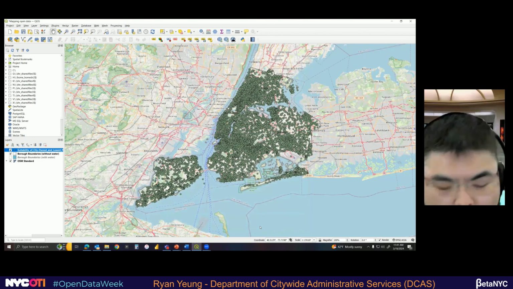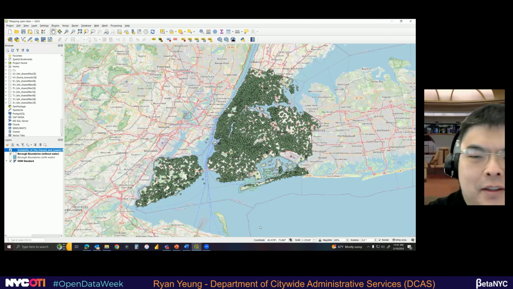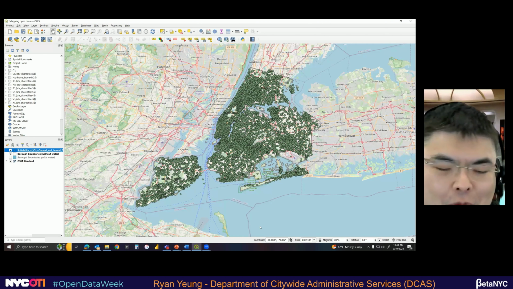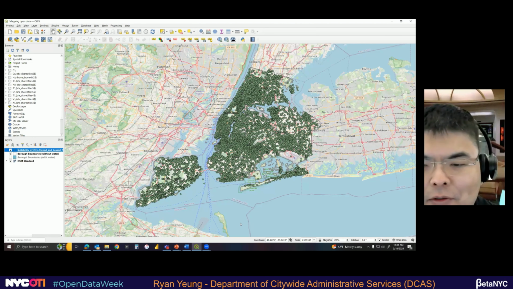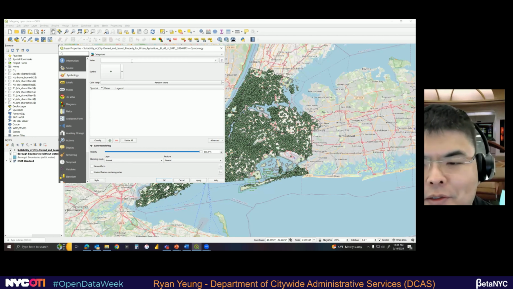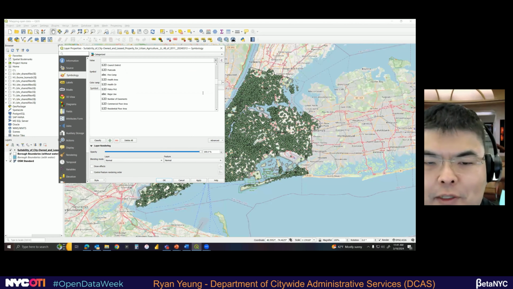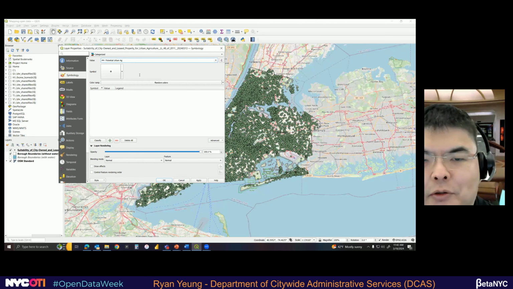Close, and whoa, lots of dots. This is not very useful, probably, right? Right now, it's hard to figure out what is what. And let's make this kind of clearer. So we just added this new layer. It's here. Let's double click on that. And let's change it to categorize. Let's make each point a different color based on a specific category. And the one I'm going to choose is potential urban agriculture.